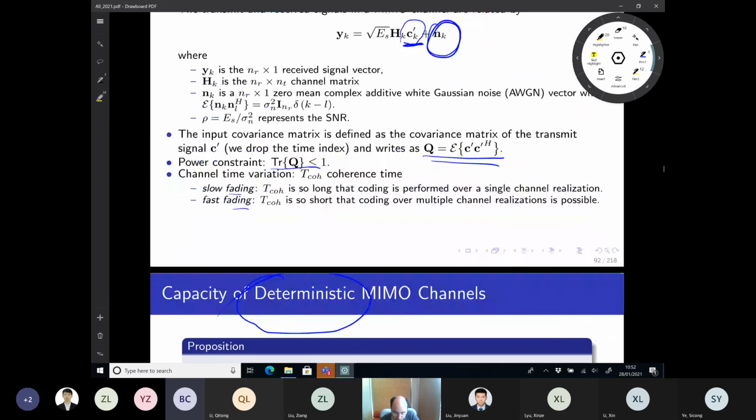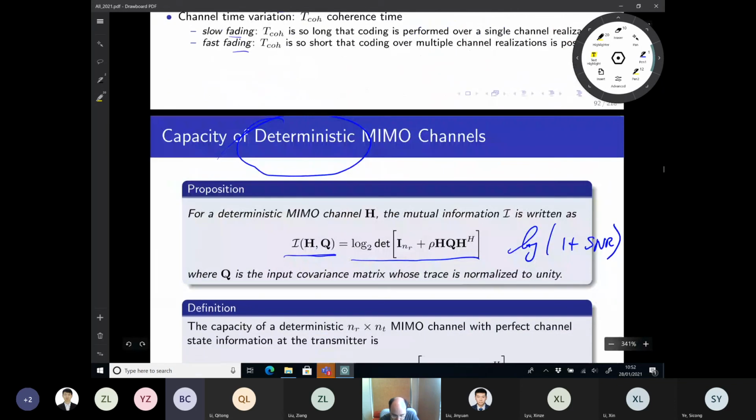They have a certain covariance matrix now that comes from the fact that I have multiple antennas, right? So that covariance matrix is something I can choose. So here I use Gaussian input with a certain input covariance matrix, but this achieves a certain rate that is measured in terms of mutual information, and it is given by this log2